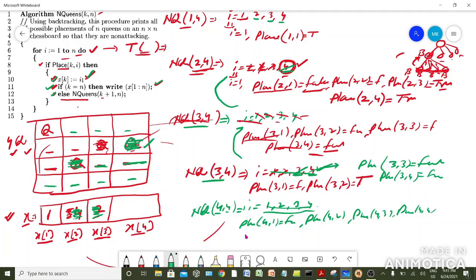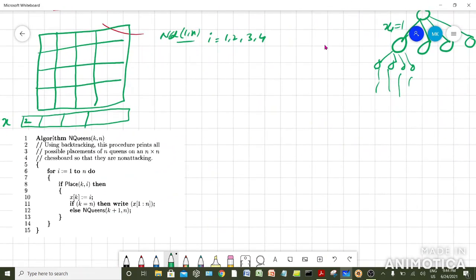It means we need to move to the first row, and we know that for the first row, the first option was exhausted. Okay, it means all the options leading by placing the first queen in the first column are exhausted. Fine, so we need to delete this also. Okay, so this needs to be deleted, and the second option, that is I equal to 2, is the need of the hour. It is to be explored. So now go for the second option, means try placing the queen here. Now try to trace it further.